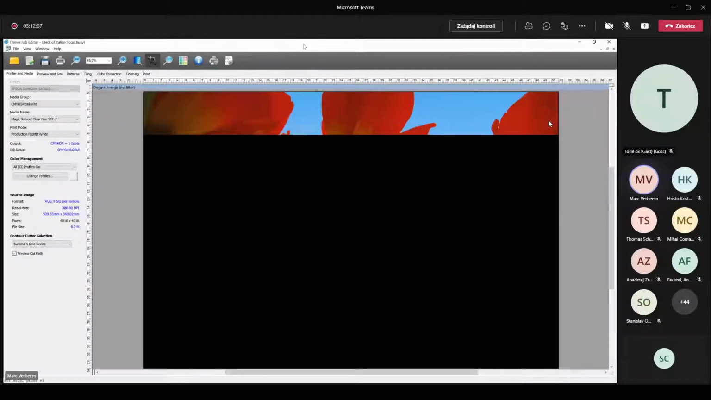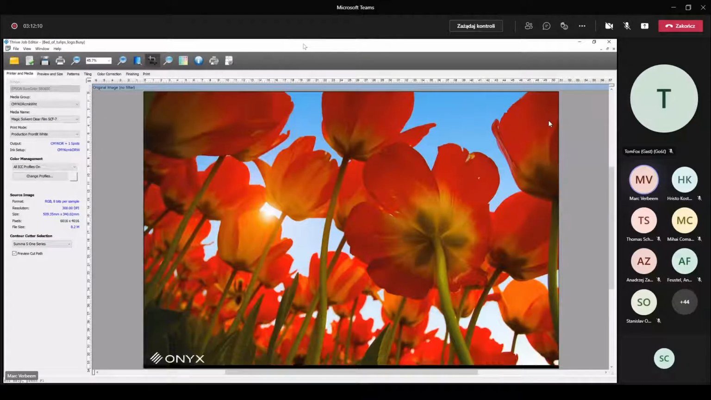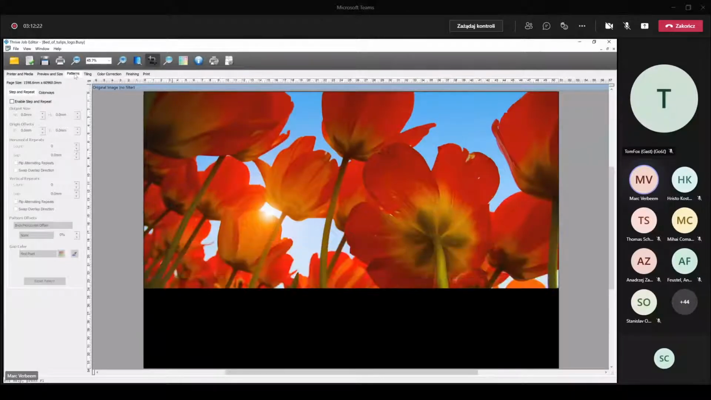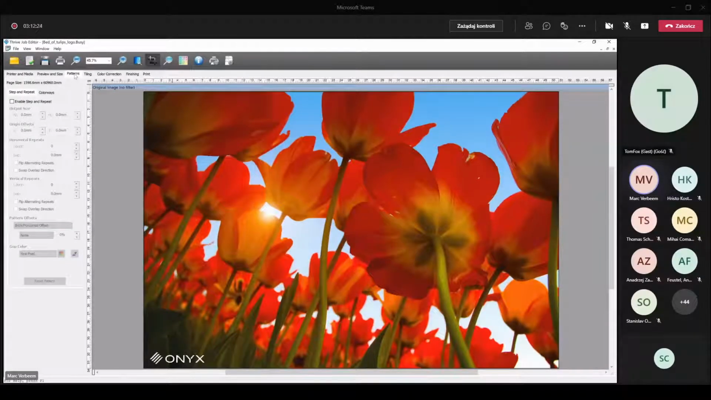So we're looking at version 21.1 that was released last week. So maybe I have found a bug when I was doing the patterns. So come back there, patterns. You know, you do your step and repeat and things like that. Let's